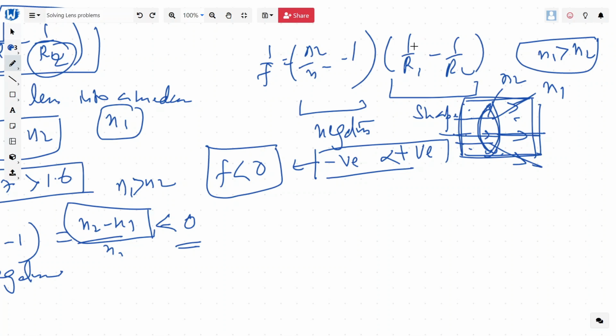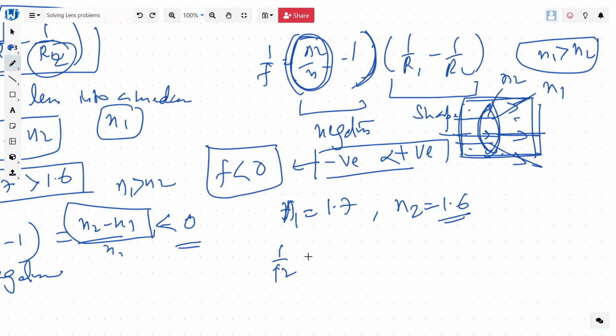So remember that the shape of the lens does not matter, right? The medium in which the lens is placed also matters. So with that, let's try and find out the new focal length for the lens, where n1, the medium, is 1.7, and the refractive index of the lens is 1.6, and everything else remains the same. So we are going to call it 1 by f2, and now n2 is 1.6 divided by